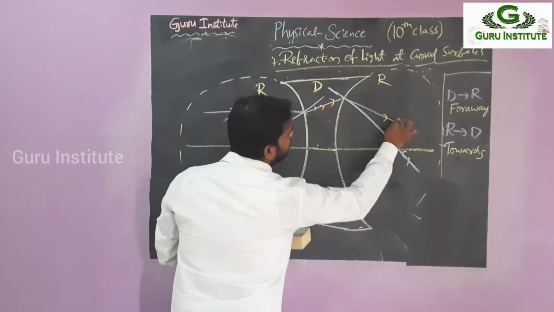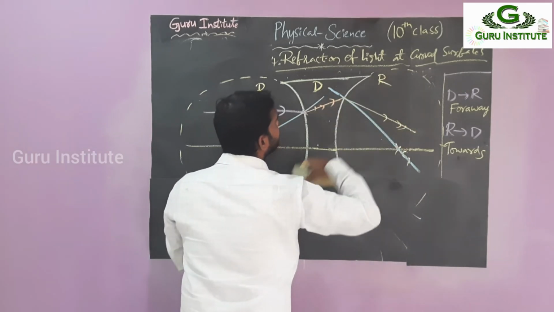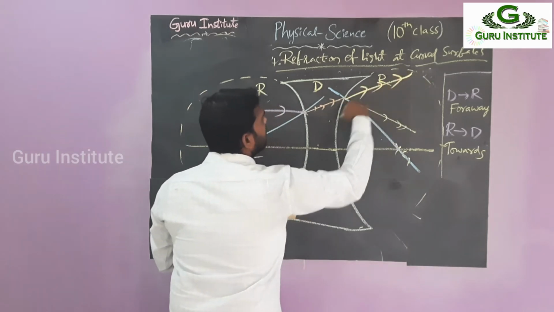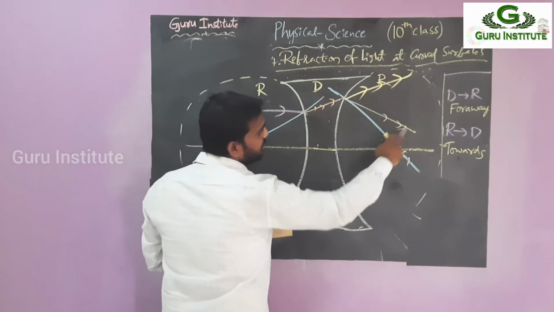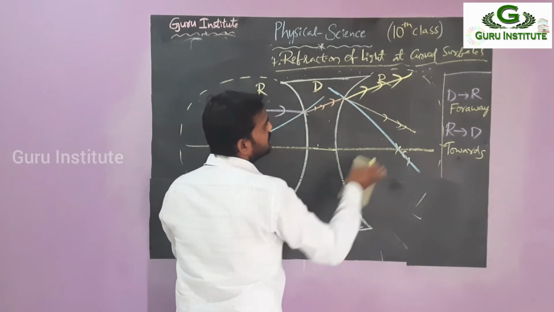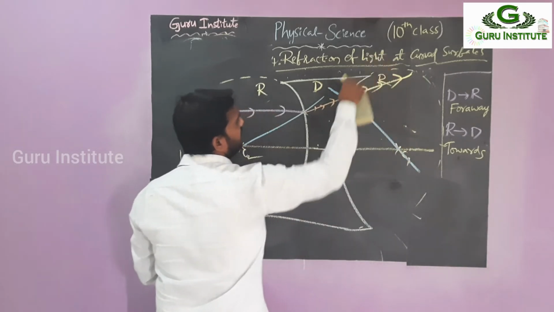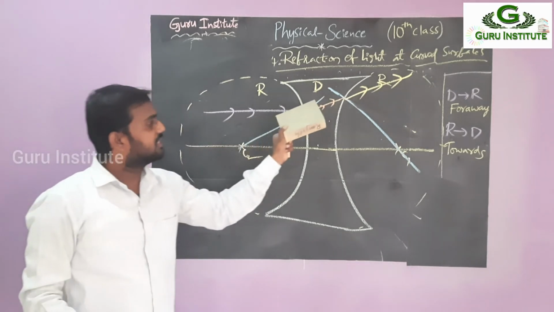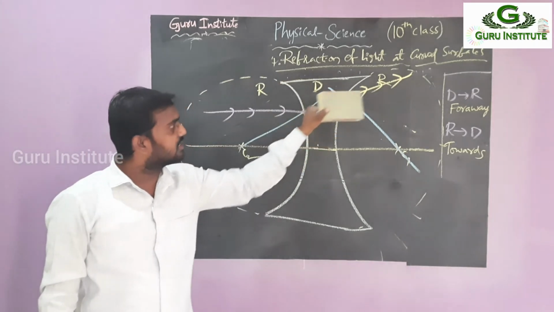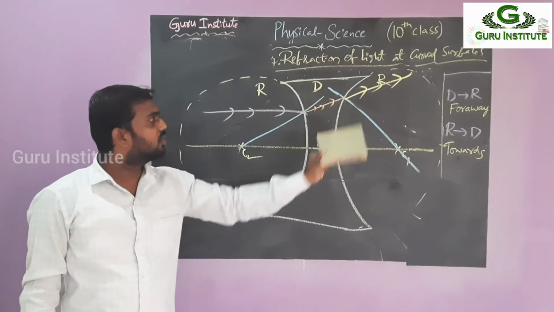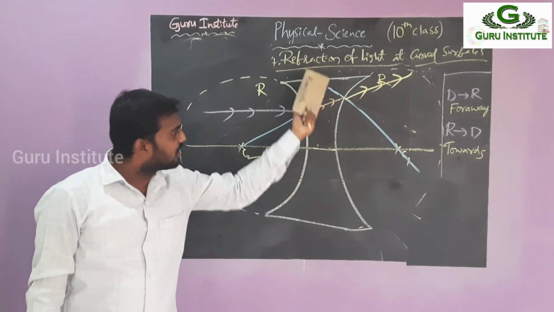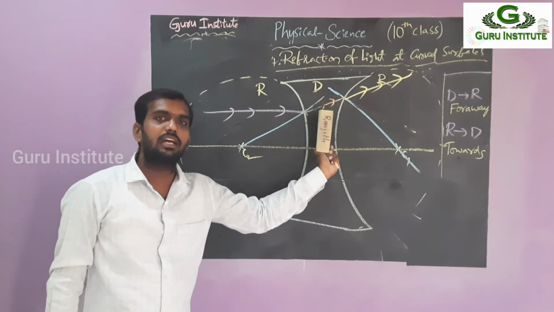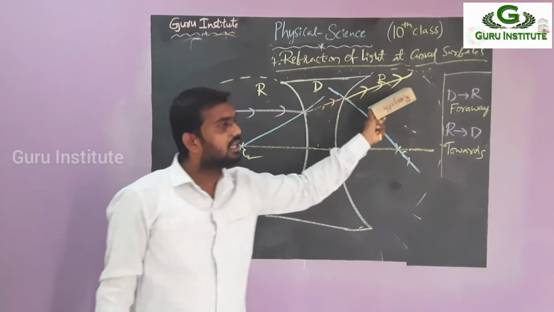So this is correct, or this one is correct. Which is correct? Far away from the normal. So this is towards the normal, so this is wrong. The upper one is correct. So if you observe this, what is the final output? This is the incident ray, this is the refracted. For the second case, this is the incident, this is the refracted. We can't see what will happen inside the glass. We can see only the incident ray and the output ray.